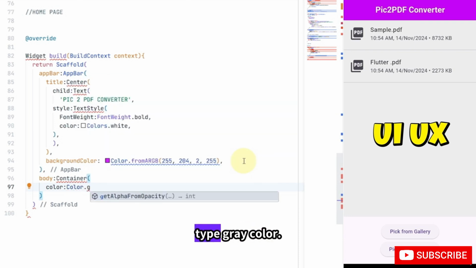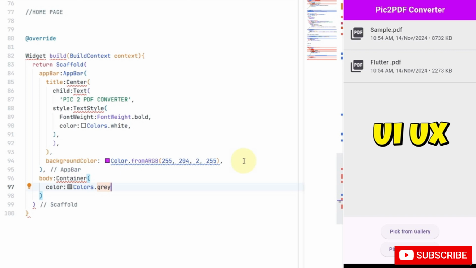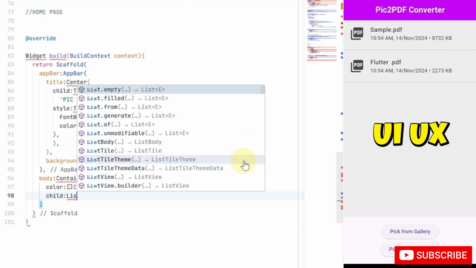I am going to type gray color. Colors.gray of, you have to type the value 200, comma. Now we have successfully created the background color, and then you have to type the list